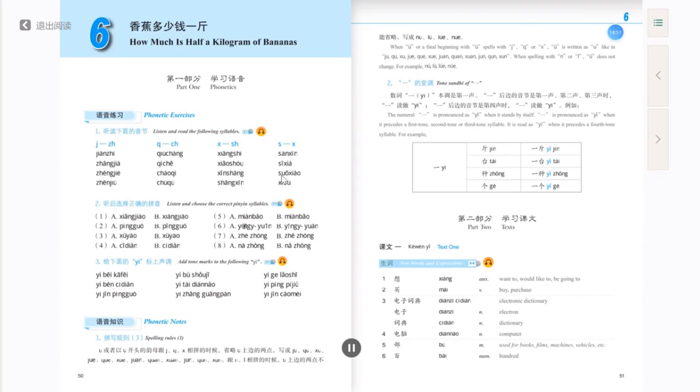第6课，香蕉多少钱一斤？第一部分，学习语音。语音练习。 1. 听读下面的音节：鸡、知、减值、涨价、整洁、针灸、七、吃、球场、汽车、潮气、除去、稀、湿、相识、销售、欣赏、伤心、